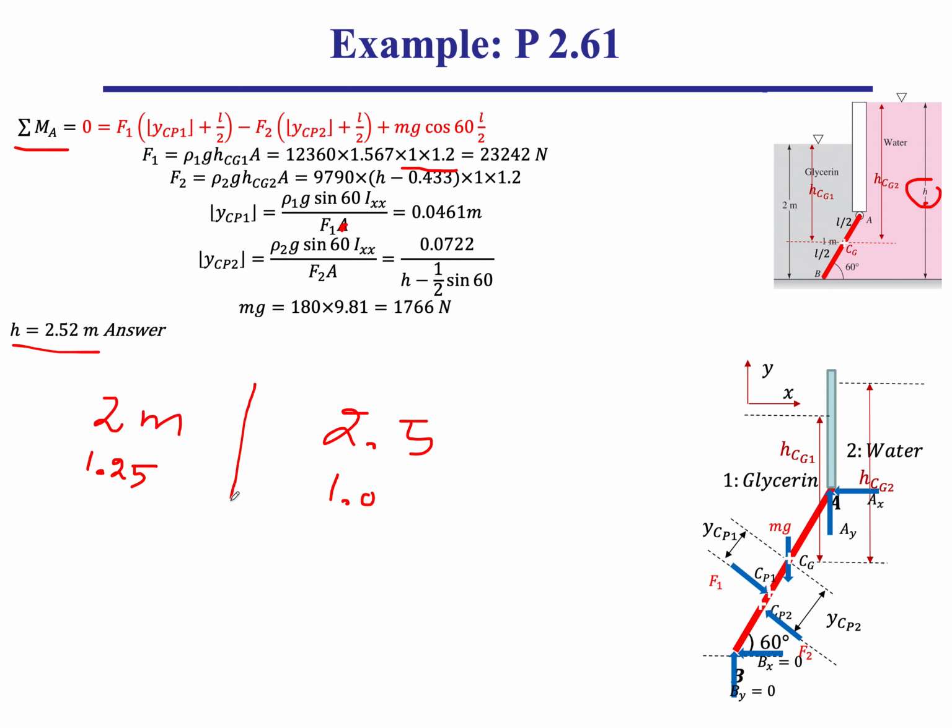So you can get sort of a quick estimation of what the height is. It's going to be the ratio of the densities and the ratio of the heights. Okay, but I think the point behind this example is to